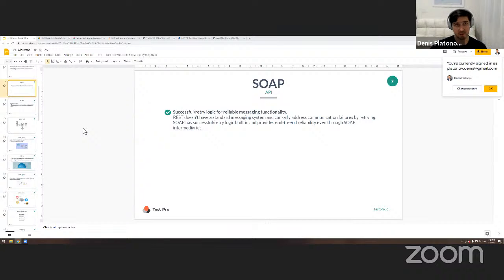Otherwise, the problem with REST, and that's what I'm sometimes seeing working for my company, developers say, hey, this endpoint is already tested. I'm like, I have no idea. How do I get there? What should I get back? What's the payload? Is it GET or POST? How in the world can I guess that? There's no way I can guess that. So they have to provide that information. Otherwise, I'm completely blind. With the SOAP APIs, it's all there.